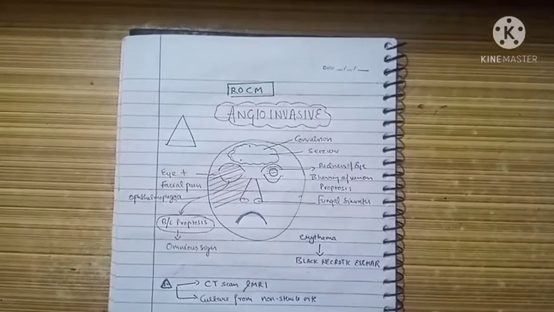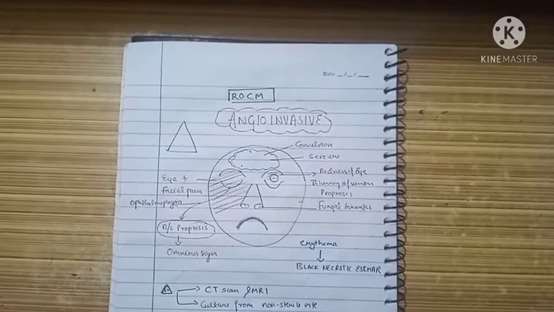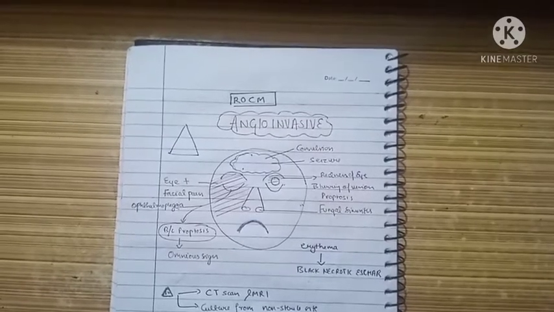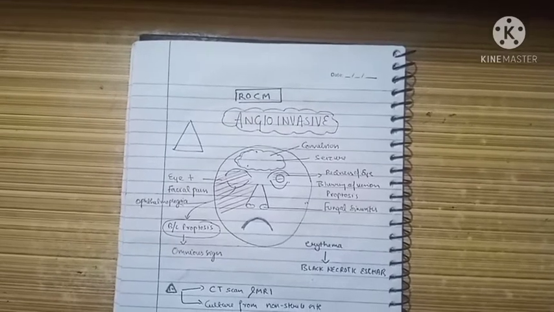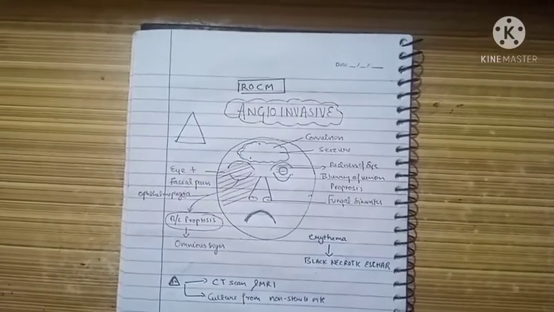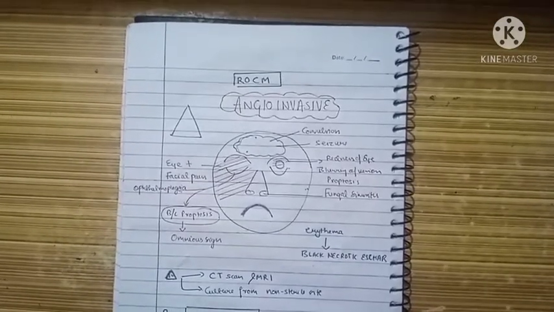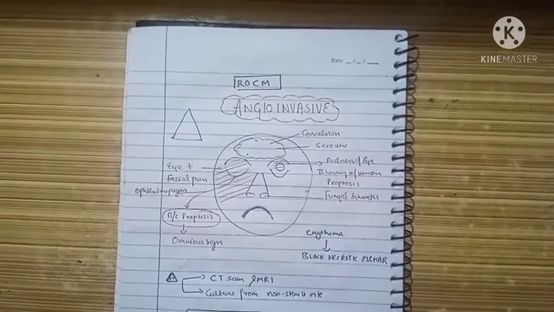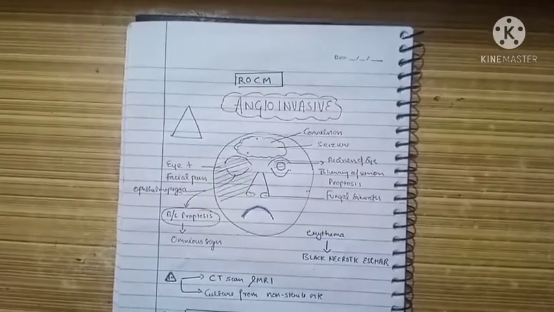Means this fungus is going to invade our vessels, and following the invasion it will cut off the blood supply, and this will lead to necrosis of the area being supplied by that blood vessel. Okay, and this is very rapid, very rapid. So generally the fungus enters the nasal mucosa, the sinuses mucosa, and it starts dividing, and then the symptoms start